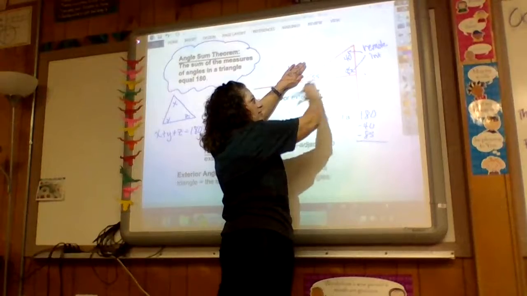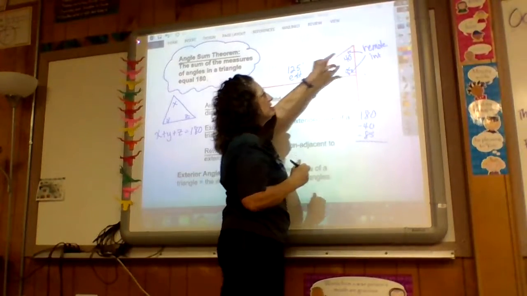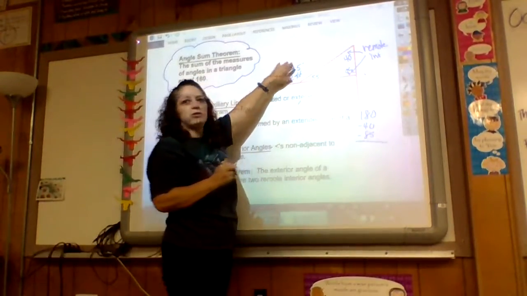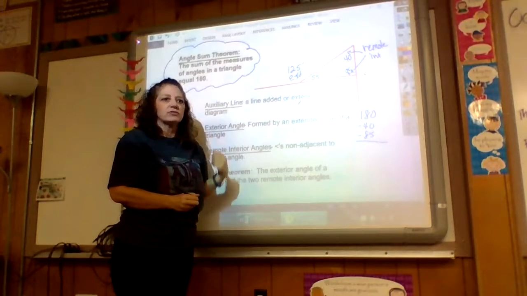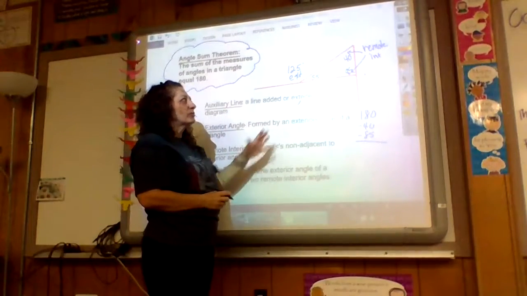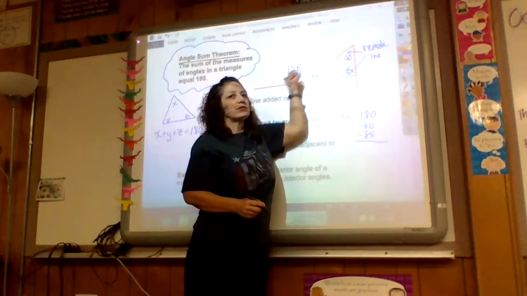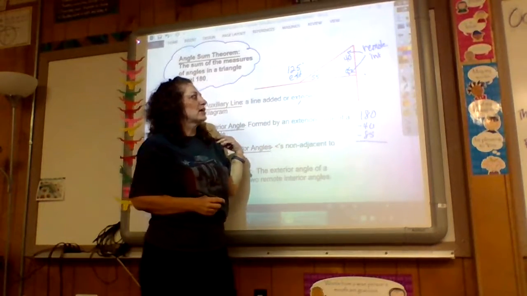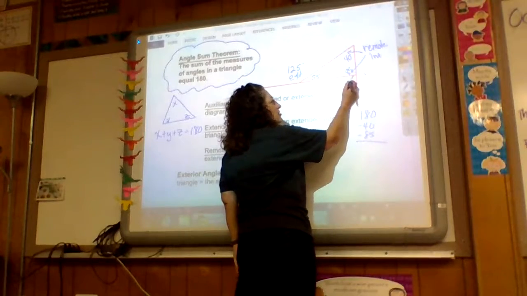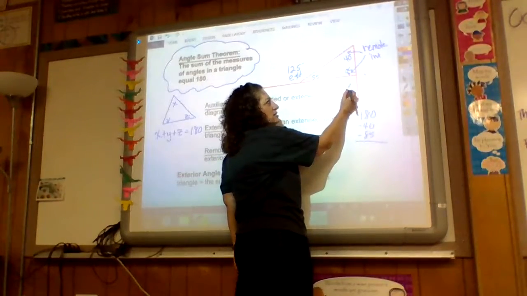Oh. And those have to be 180. So that's why the sum of these will always equal the exterior one that's across from it. Okay, so there's multiple ways to find this, but if you ever see the two remote interiors, you can always find your exterior. So in that case, Tyson, how many degrees is going to be sitting right here in this